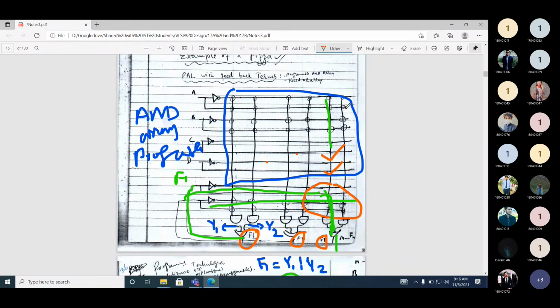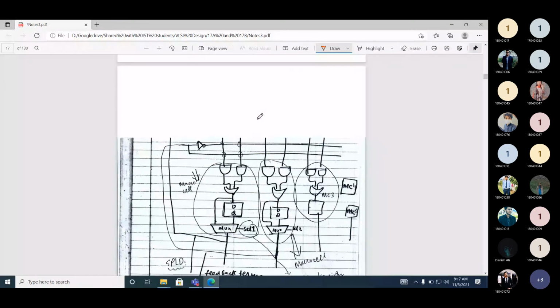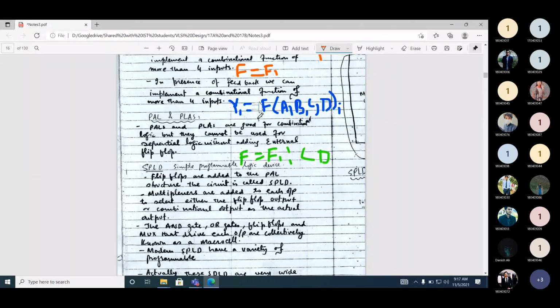And if you want to implement a wider SOP expression with more and more minterms, we can use the feedback. With feedback, we can implement a wider function. So in the next class, we will study a more complex form of this PAL.